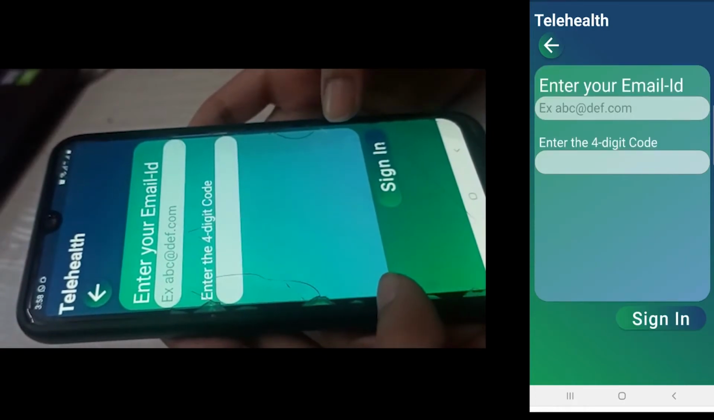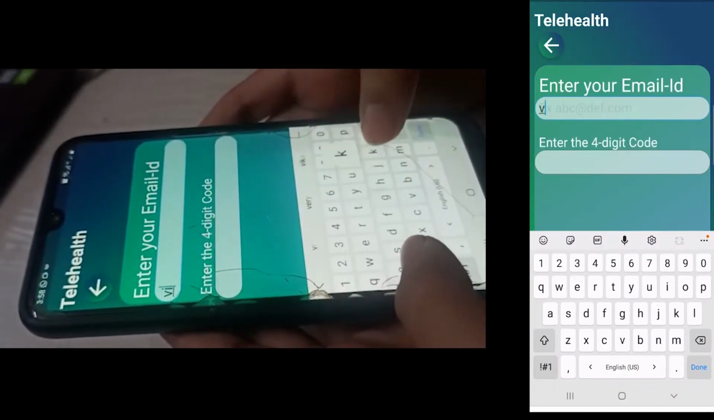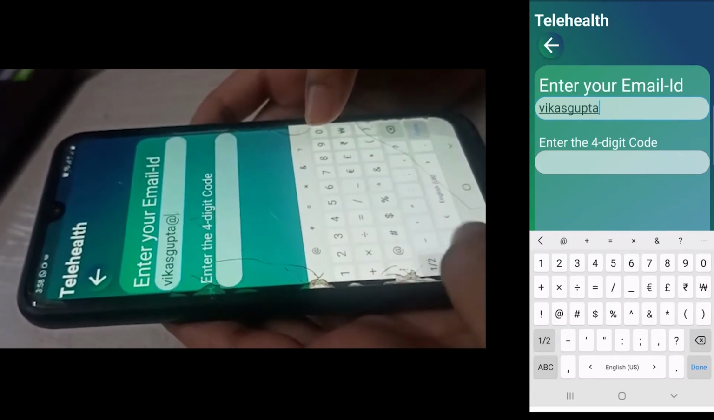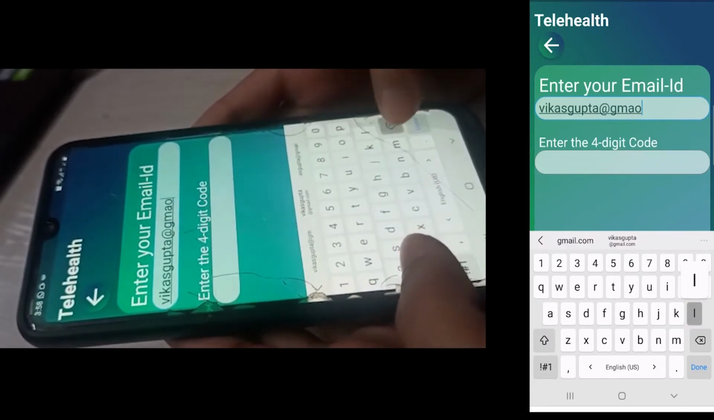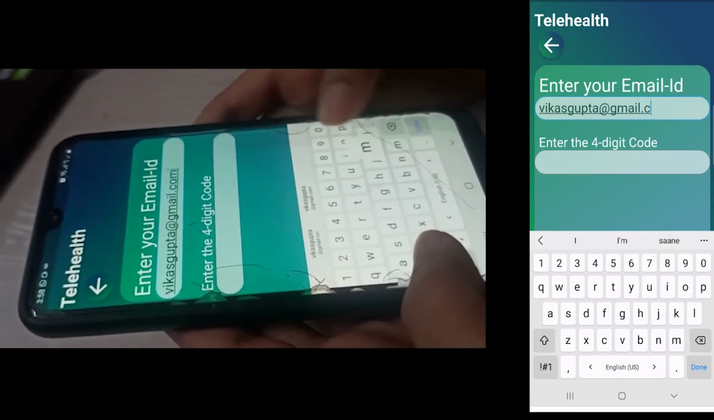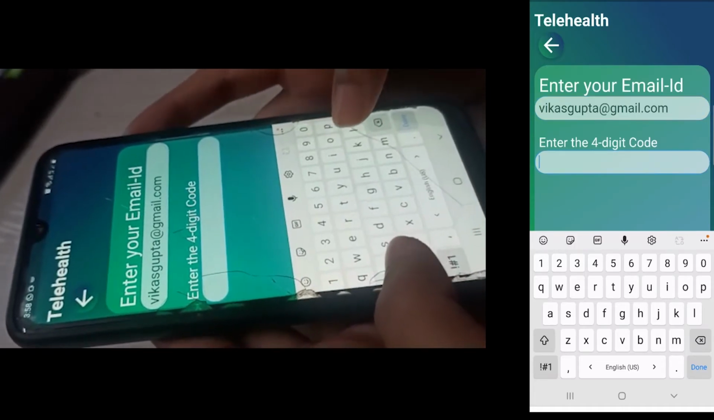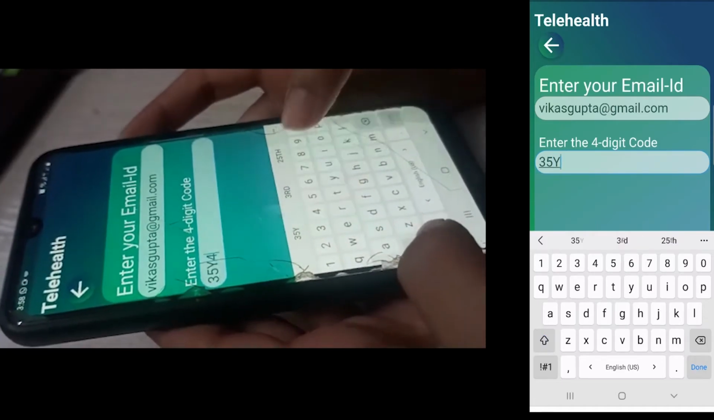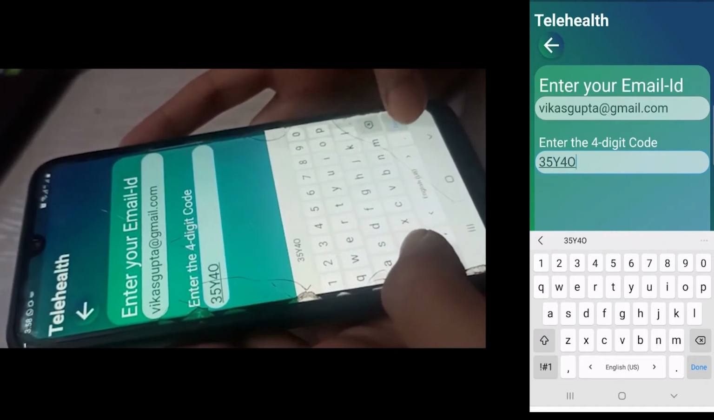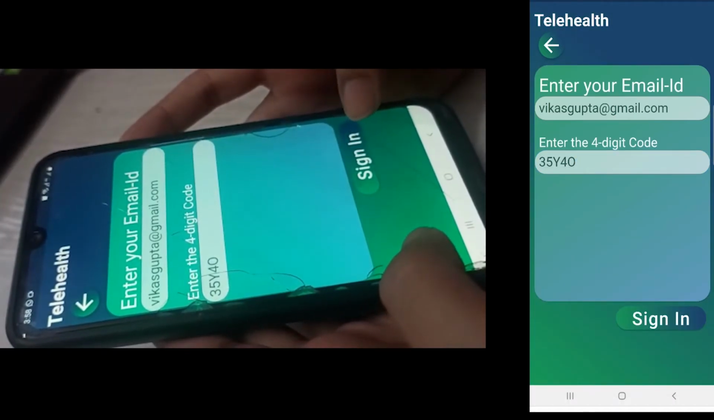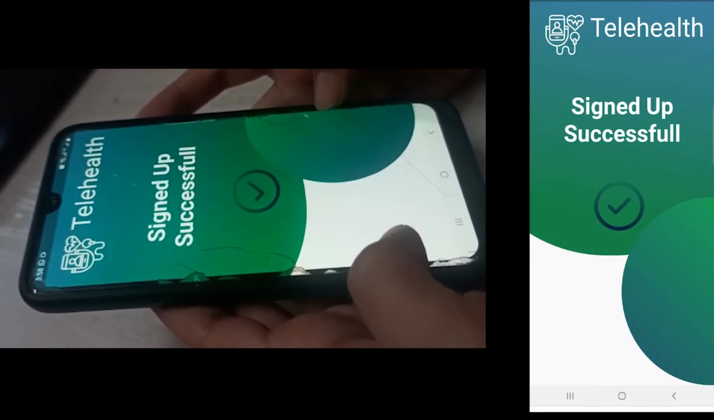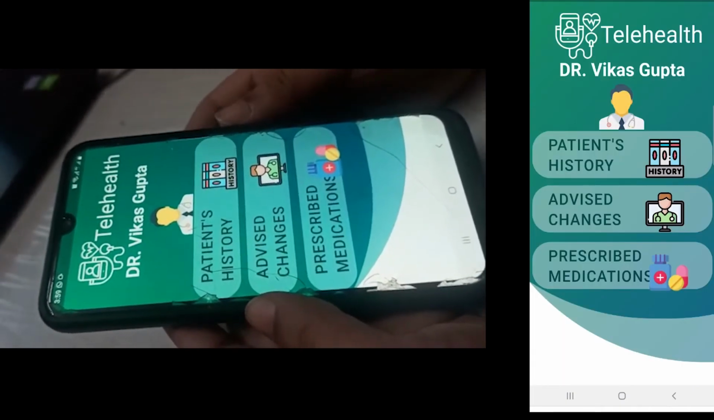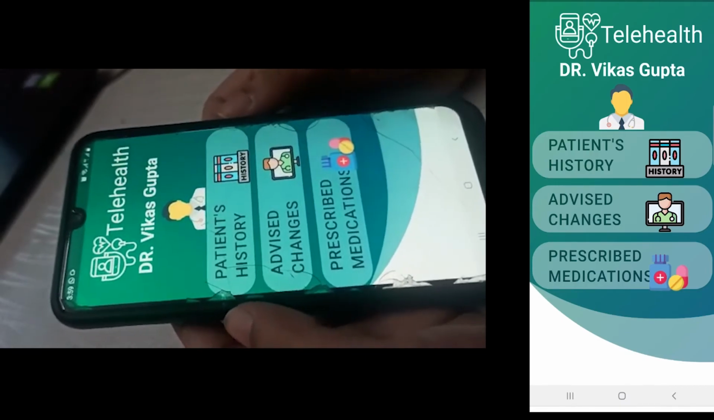Now in the next page, the email ID and the code would be asked. The code that is shared by the patient would be required for establishing a connection between them. After entering the correct code, a connection would be successfully established between the doctor and the patient. After this page, you could see the doctor's grid where the patient's history option is seen,